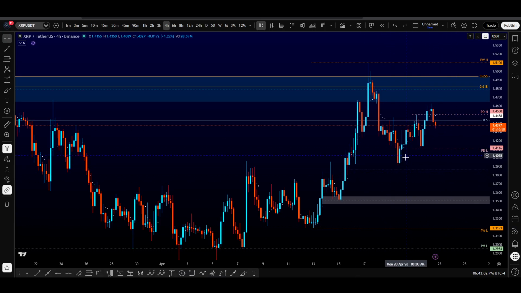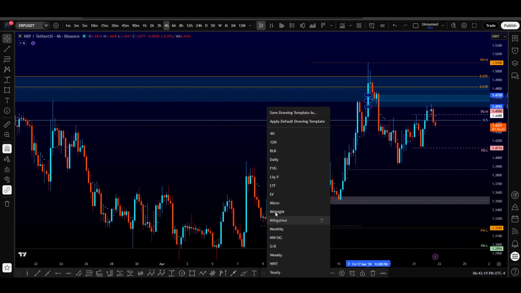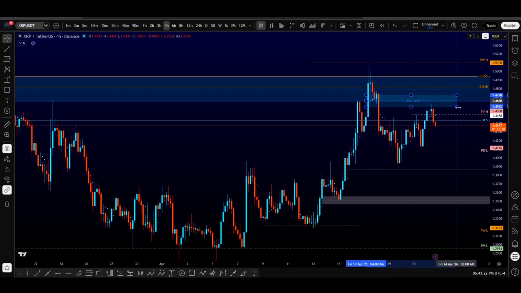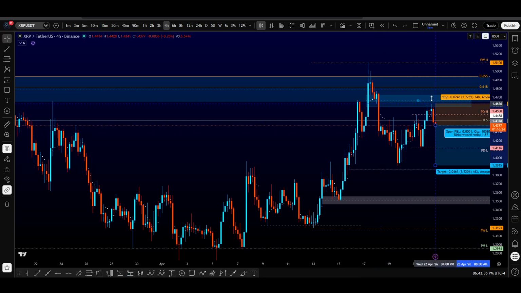So based on what I'm looking and seeing here on XRP, after hitting a very big resistance, you can see the massive sell side candle, right? Bearish candle, which showed up. And you can also go ahead and pull this 4-hour for fair value gap here. And you can see how price rejected from this 4-hour fair value gap, right? You can see price tapped it twice, rejected, sold off. So yes, in my opinion, what I would be looking for are shorts on XRP after hitting a very technical